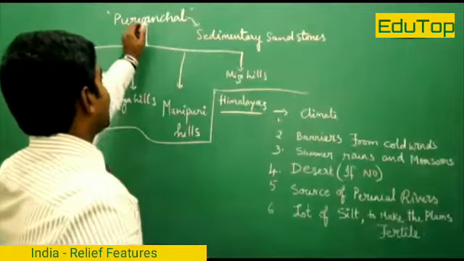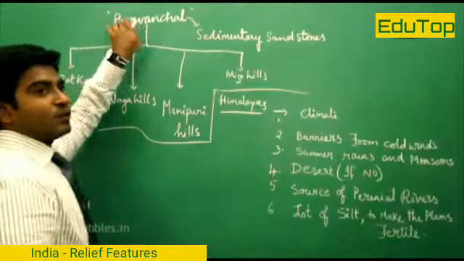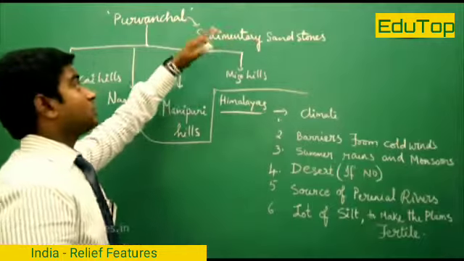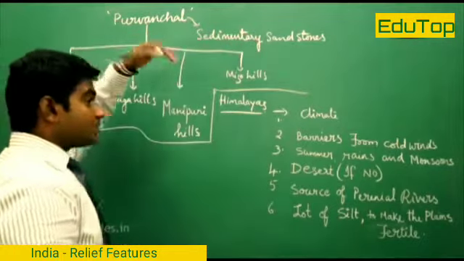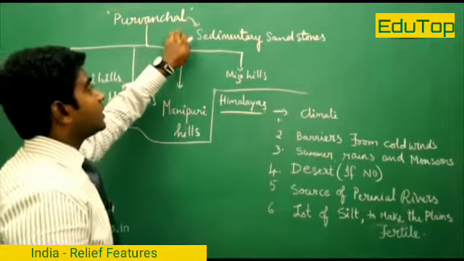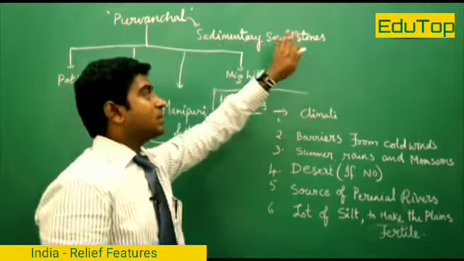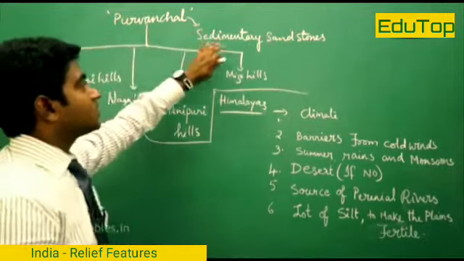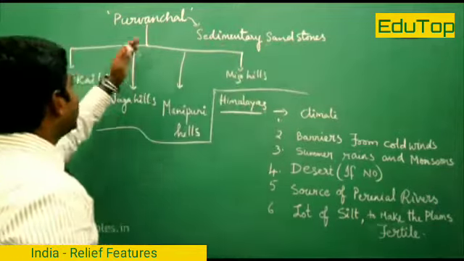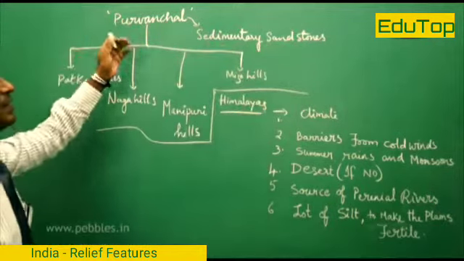So the Shivaliks, when they take the hairpin bend and act as the boundary of India in the northeastern region, are known there as the Purvanchal range. They consist mostly of sedimentary sandstones. The entire Purvanchal range consists of sedimentary sandstones, and the Purvanchal again has different names in different